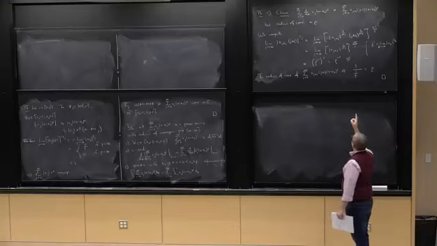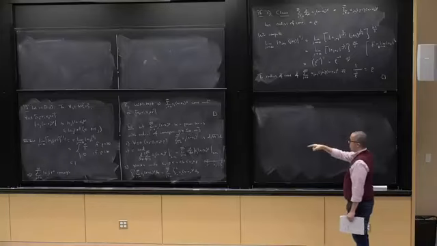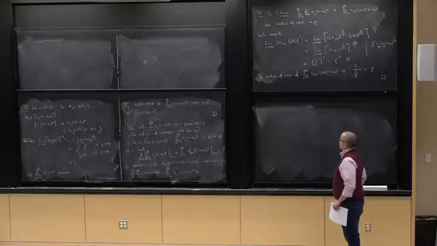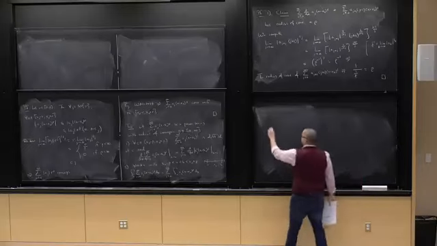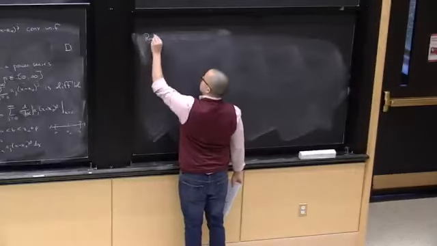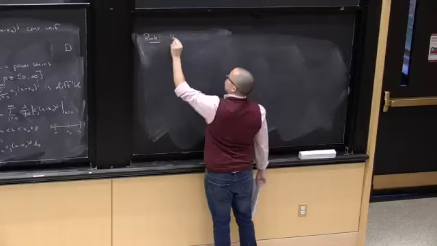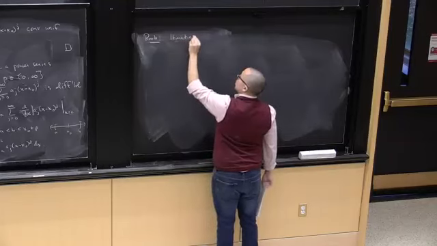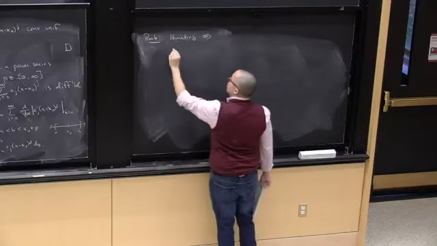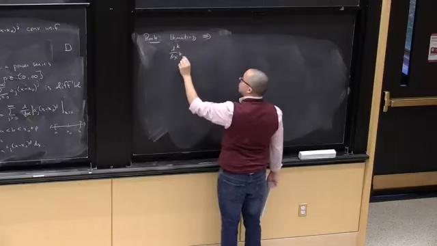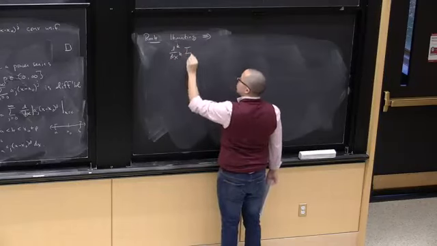Because I now have this power series with radius of convergence equal to the radius of convergence of the original, I can take a derivative of that and show that it has the same radius of convergence as the original. So let me just leave this as a remark and not state it as a theorem. Iterating, you can prove that if I want the kth derivative of the power series,